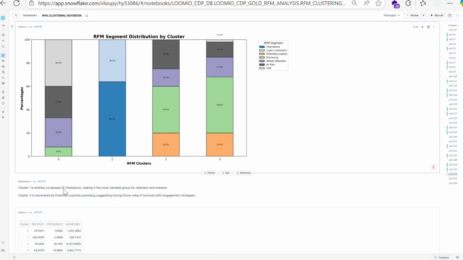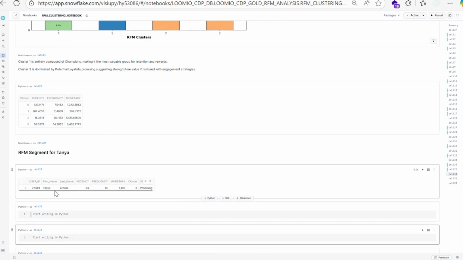Finally, looking at our anchor customer Tanya Amalia, her RFM scores place her in Cluster 3, promising. She shows good engagement and spend, but hasn't yet reached the loyalist or champion tier, making her an ideal candidate for nurturing campaigns. By combining RFM analysis with K-means clustering in Snowflake, Loomio turns unified Customer 360 data into actionable cohorts, enabling marketers to personalize engagement at scale, retain and reactivate customers, and deliver the right message at the right